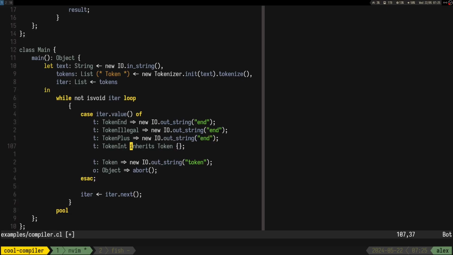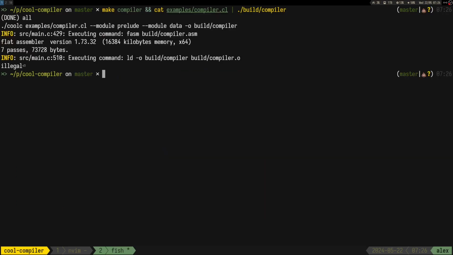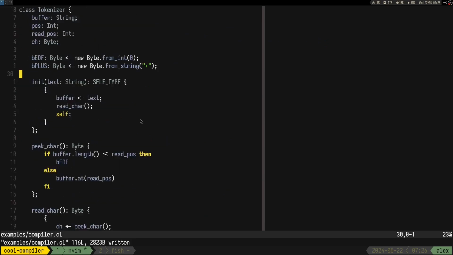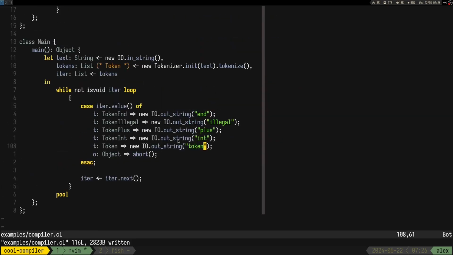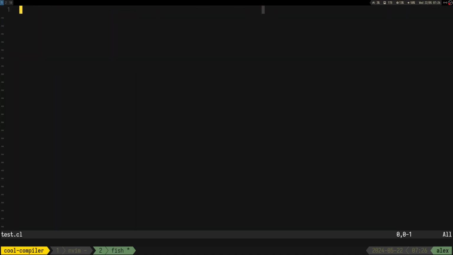Yeah, I was pressing something else. Illegal plus int. So I'm curious to see what token it is. Illegal, which makes sense because it's C in here. But let's do a separate file. Test.cl, and let's do plus. Maybe multiple pluses and then some digits.